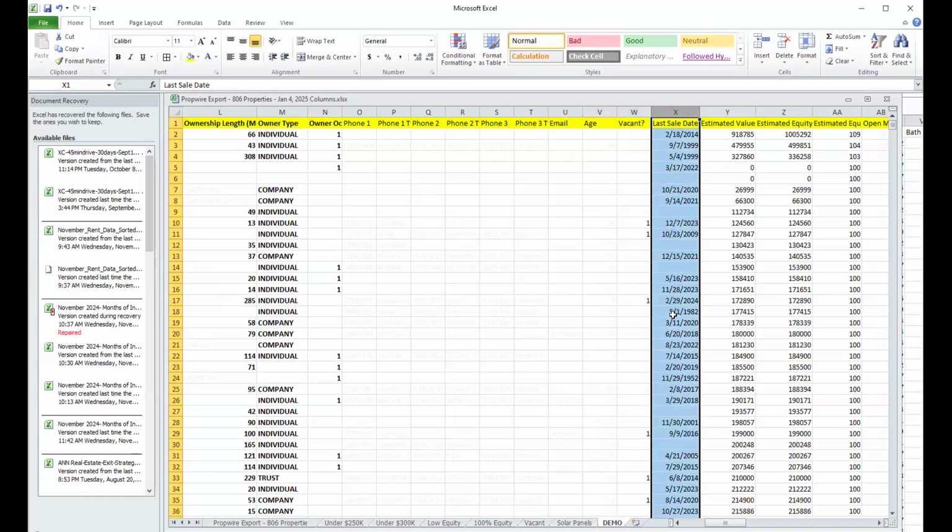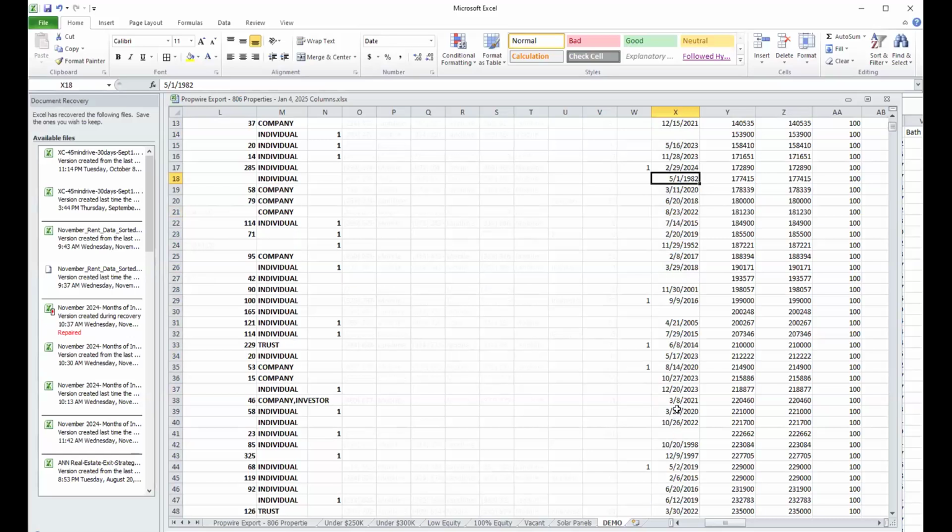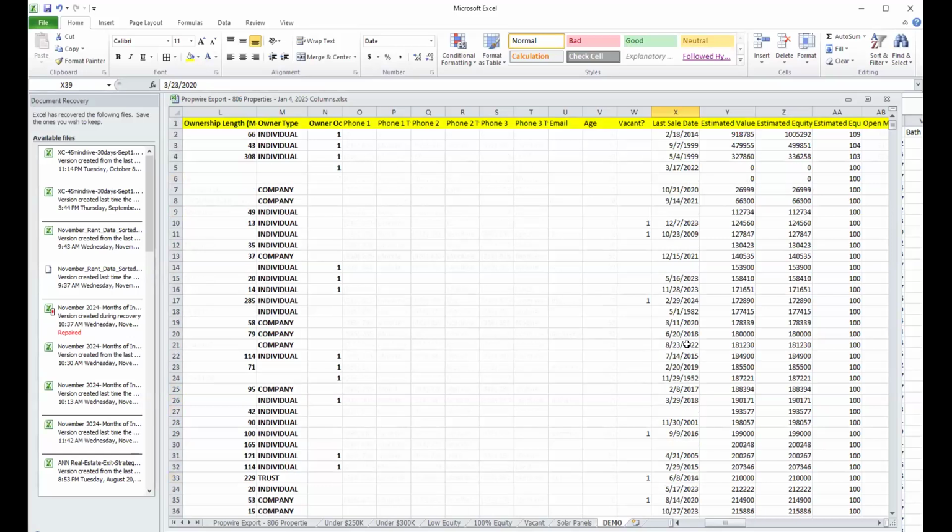When is the last sale date? So for example, if you're looking to buy a property that somebody bought in 2020 or 2021 because they might have a great interest rate, that's a possibility. Or if you're looking to do a subject-to an existing loan, to make an offer to somebody who has a great interest rate, that could be a possibility. Estimated value. So this would be the estimated kind of like ARV from the program itself. It may or may not be the ARV that you will calculate, but nevertheless, it is an automated ARV calculation.